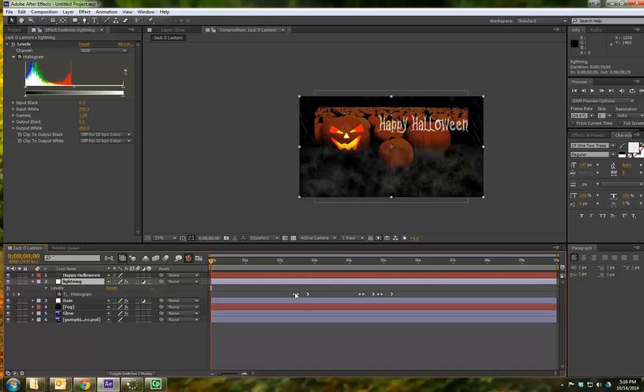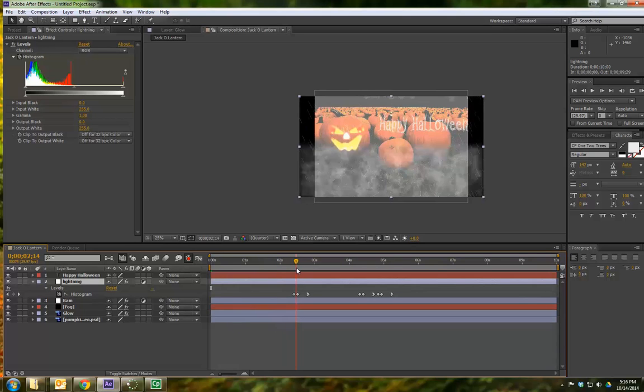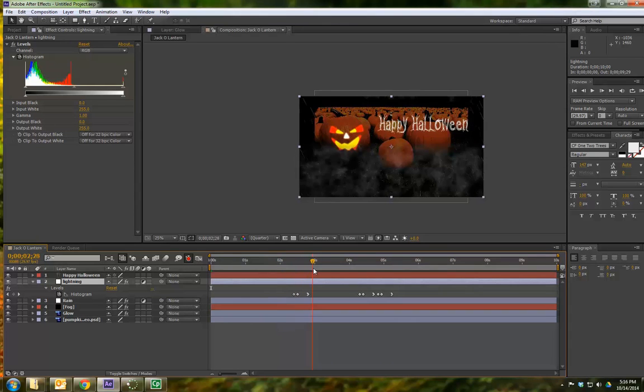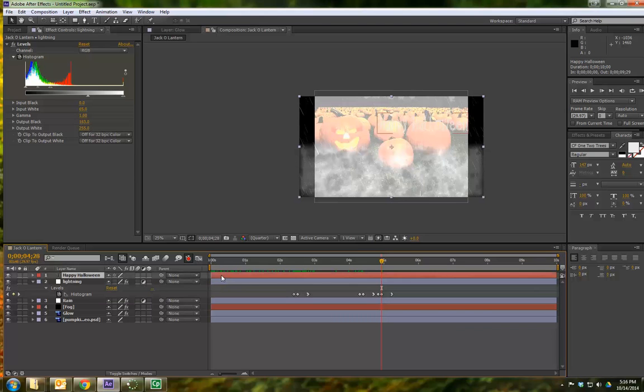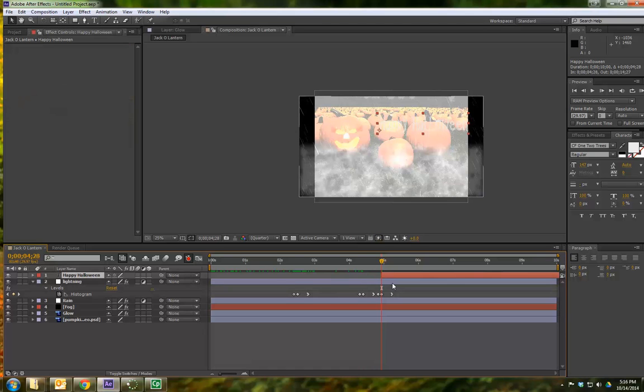So here's the first lightning strike, second lightning strike, and third lightning strike. If I drag my marker over, I can actually see that. As I drag it there, there's that lightning strike, second strike, and there is the third strike. At the brightest part of the last strike, I'm going to take it and drag my Happy Halloween layer, the whole thing,